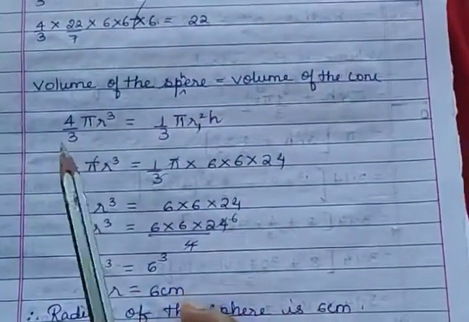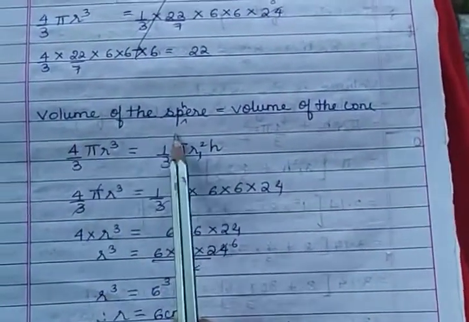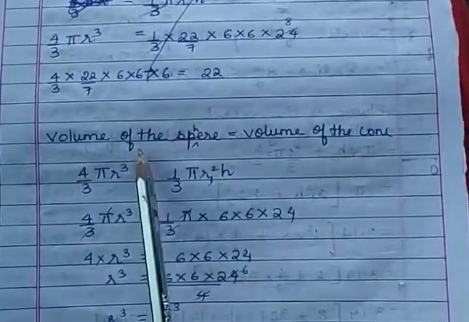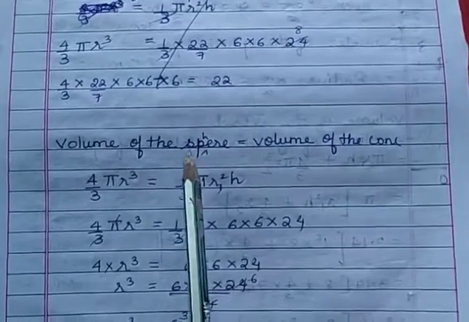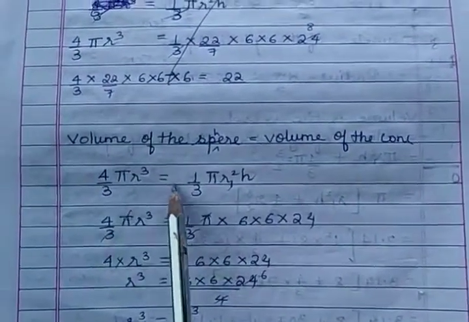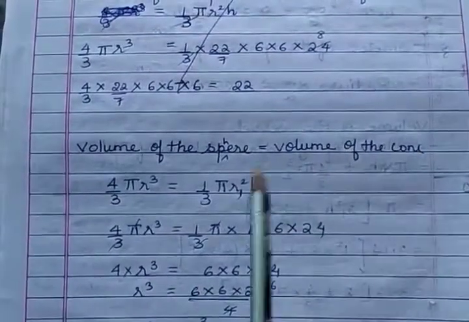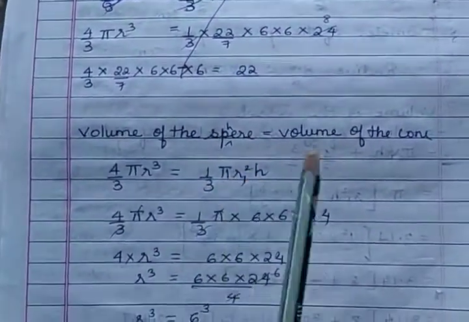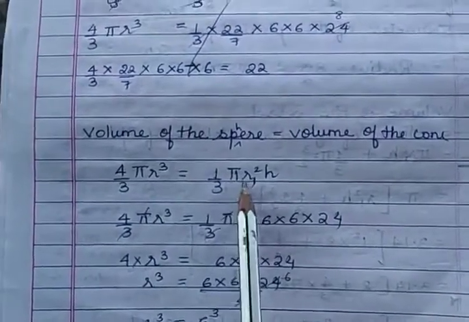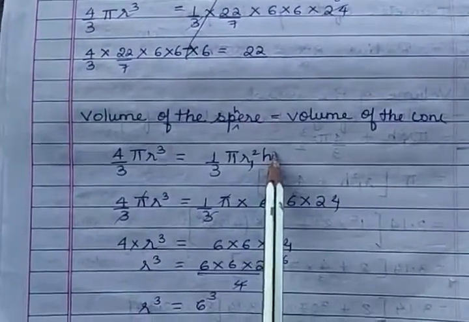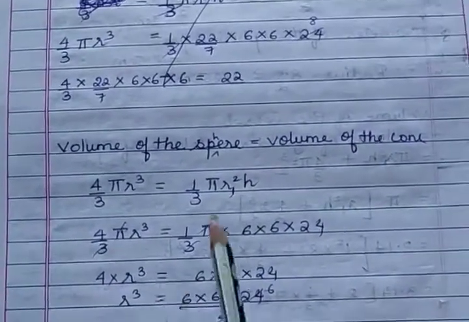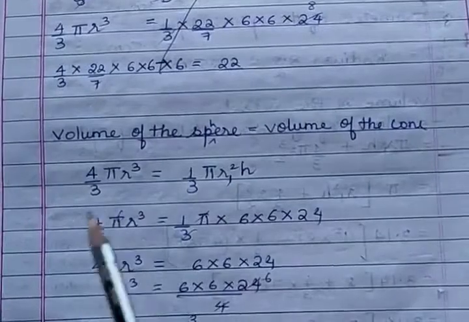So now we know that the volume of the sphere is equal to the volume of the cone, correct? So let us use the formula for volume. Volume of the sphere is 4/3 pi r cube, equal to the volume of the cone, which is 1/3 pi r square h. Since the radius we have taken as r1, it is pi r1 square h. Now some things can get cancelled here, so we can substitute and cancel the rest.